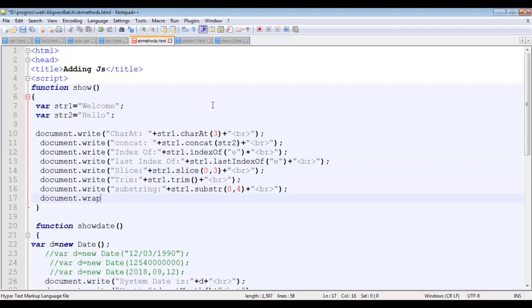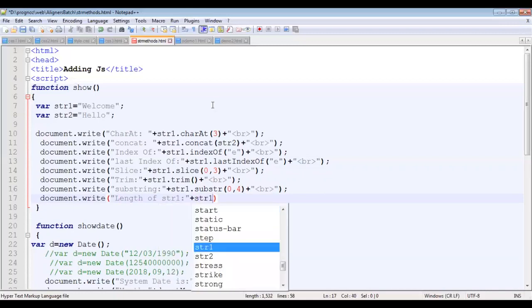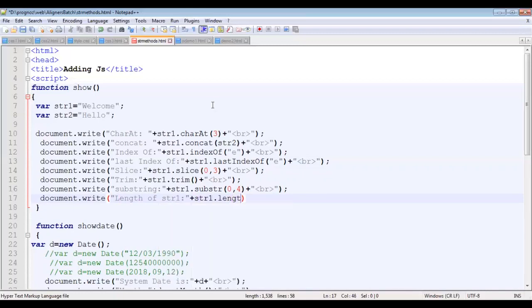Then another is document.write. I will say length of string1. So there is a length function given.